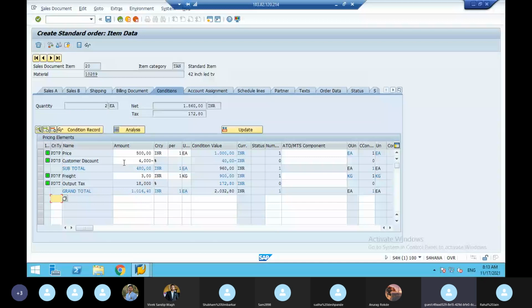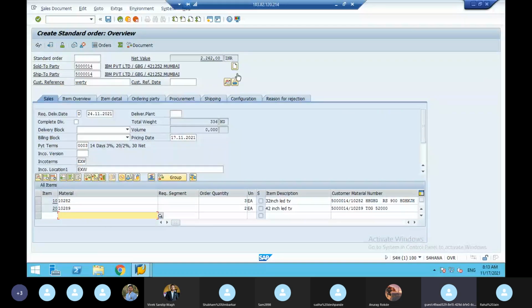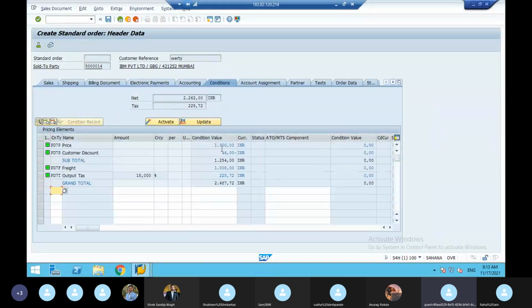So in the header condition, you have only the total value. Three for one material, another is 3, another is 2, clubbed together they make 1300. 300 means 100 into 3, and 500 into 2 is 1000. So they added only the total values of the pricing related to the customer pricing.